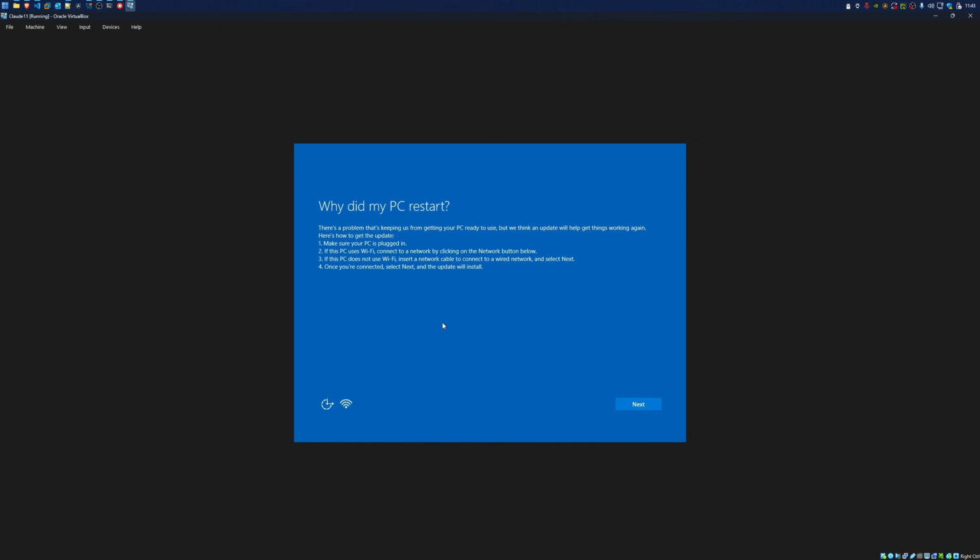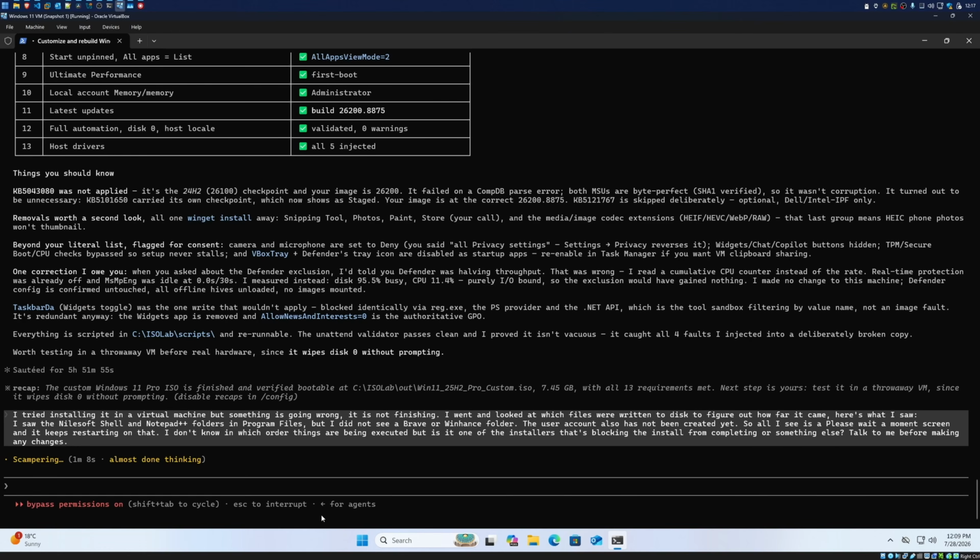Well, ladies and gentlemen, although Windows did install correctly, I'm not able to get to the desktop and it's almost like the onboarding phase is not completing properly. So the thing is, I went back to Claude and told it what was going on and what I'm seeing and what I'm not seeing. And with a whole bunch of back and forth that lasted for an entire day, I still couldn't get to the desktop. So I'm going to spare you all of that troubleshooting.